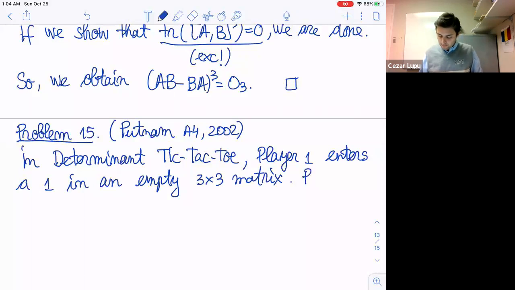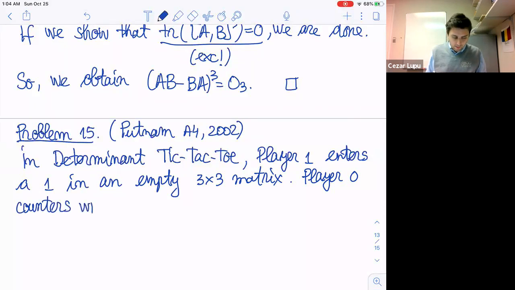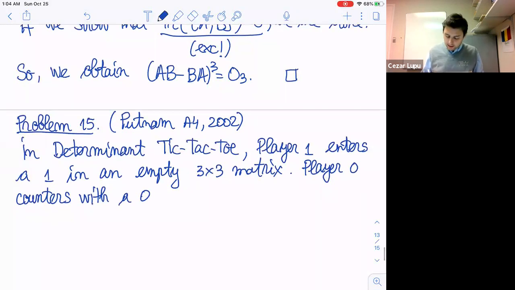Player 0 counters with a 0 in a vacant position,